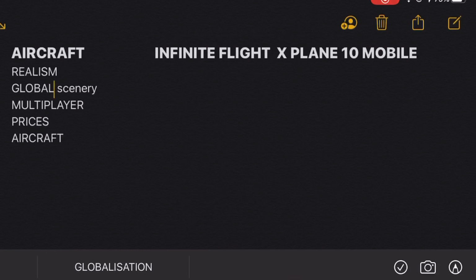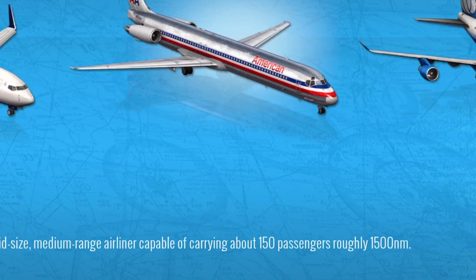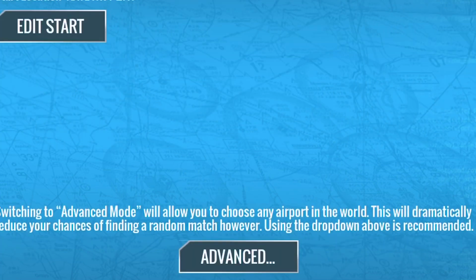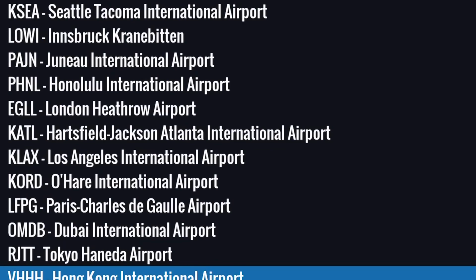Next we have multiplayer. Now hands down, I'm going to admit it, Infinite Flight does this much better than X-Plane 10. Honestly, X-Plane 10 Mobile just has this totally random multiplayer system, and it's really bad. You can only play with 2 players. You can select the starting airport, and it's not even that many airports. It's like a few main airports in the world. It's not even global, but